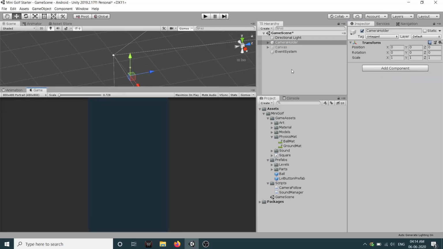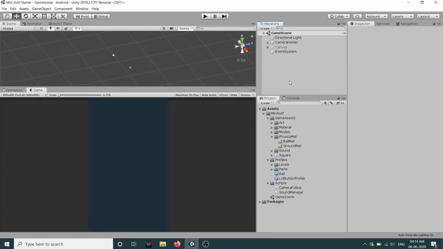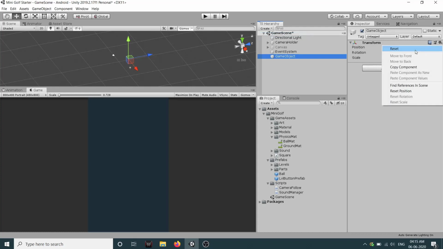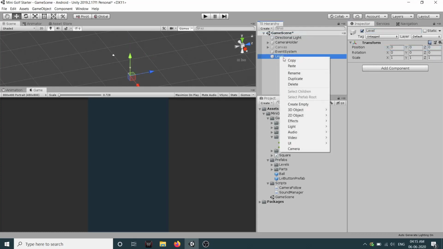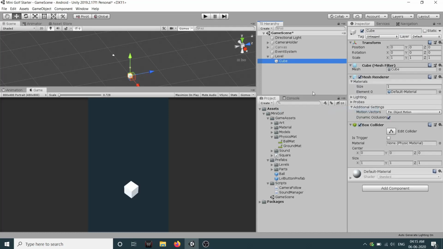Okay, the first thing what we will do is we will create a dummy level. So right click and create an empty game object, and let's call this level. Now inside level, let's create a cube, and let's set its y scale to 0.25, and I want to set its color.